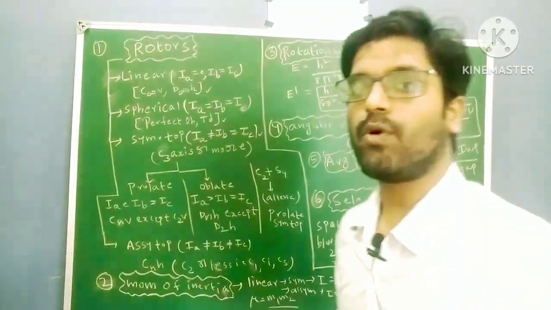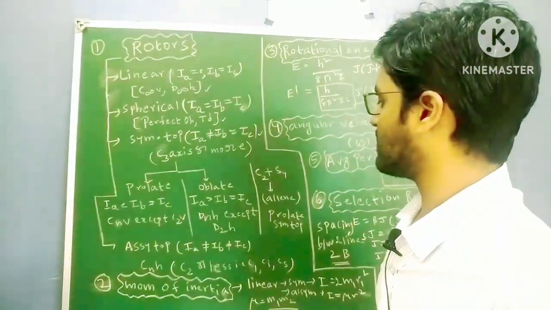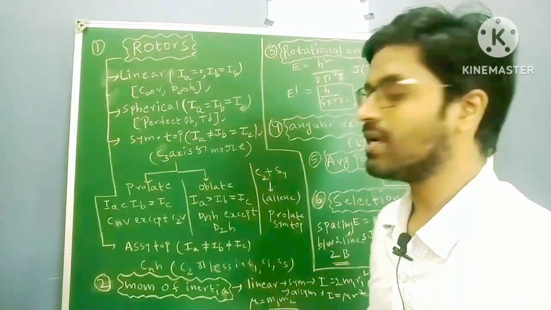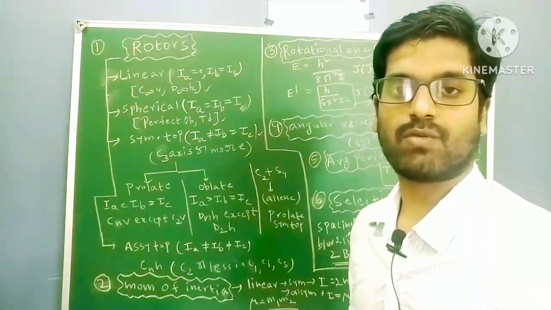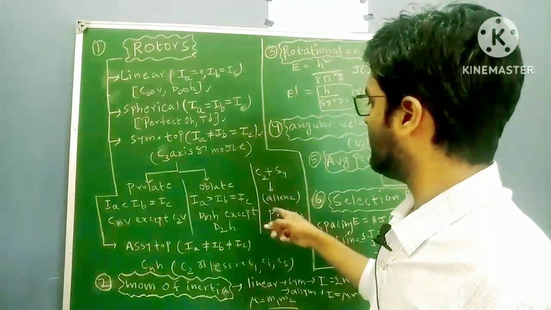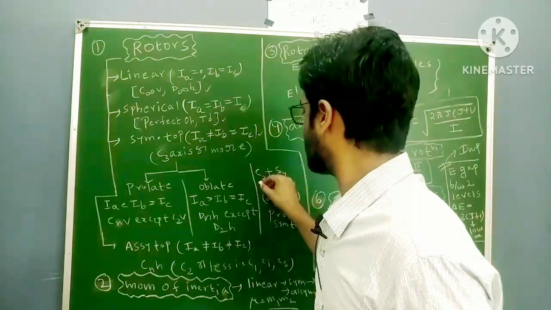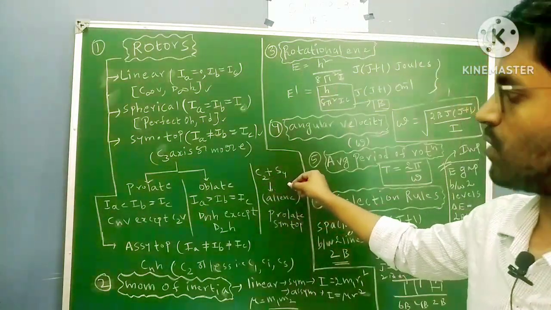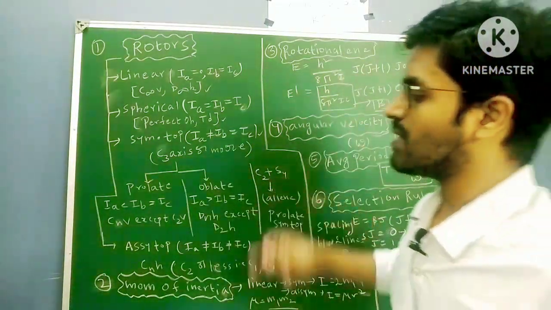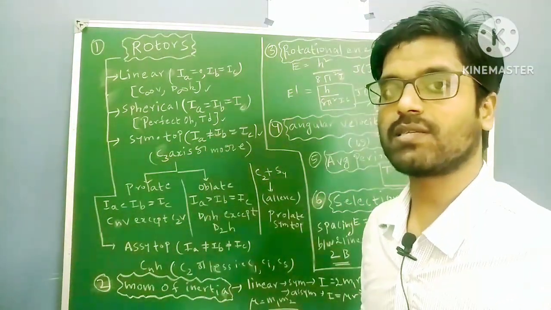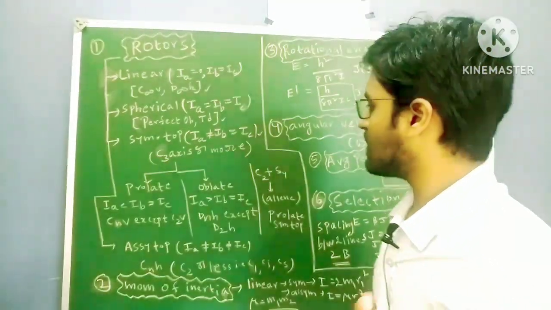A very important point about the prolate symmetrical top molecule: the best example is where a C2 axis plus an S4 axis is present, that is the allene molecule. A question on allene came in a previous year question paper, so focus on this. Allene is an example of a prolate symmetrical top molecule, because in allene, along with the C2 axis, an S4 axis is there. Generally a C3 axis or more gives a symmetrical top, but this is the exceptional case. If you have a C2 axis along with an S4 axis, it comes under the prolate symmetrical top. The example is allene.